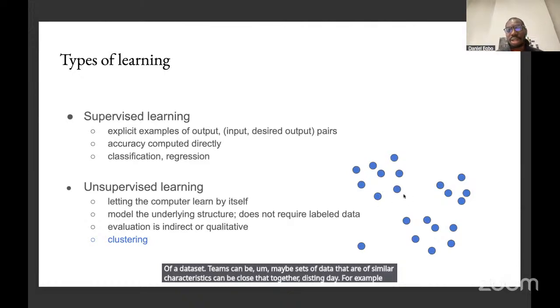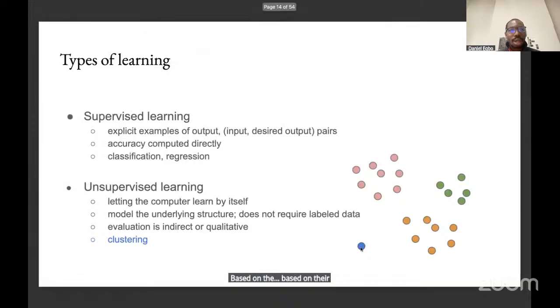For example, you can see this. So they are bounded within a region based on their properties. And then,